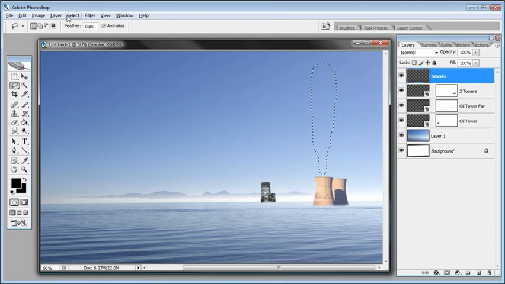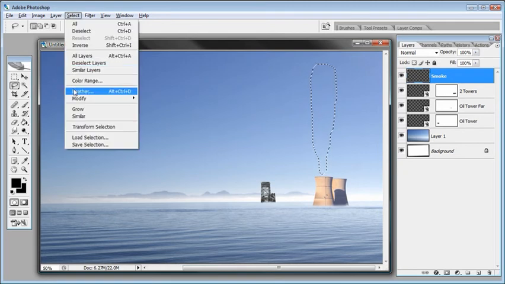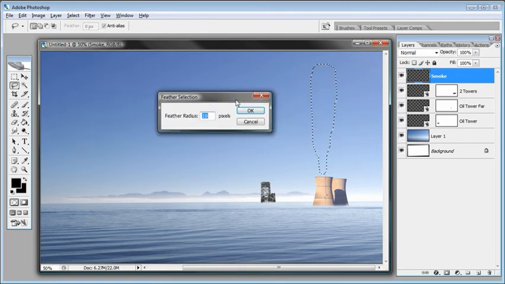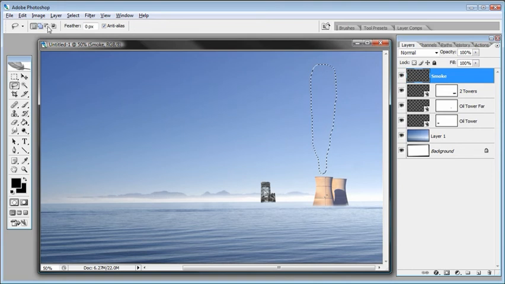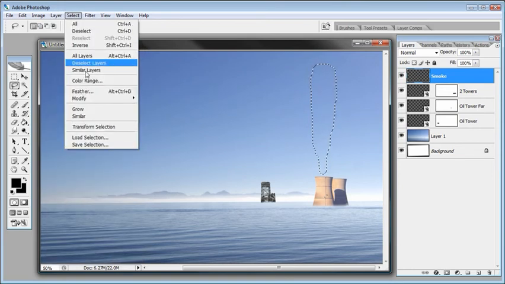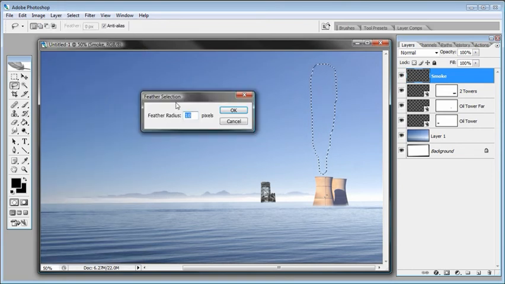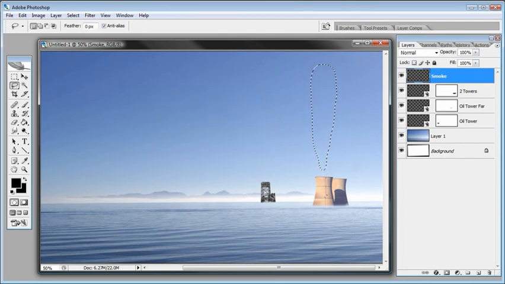And then what I can do is come over here to select, feather, and feather the selection that we've created. So anything that we do inside of that selection is going to be soft around the edges. So let's see, feather radius of about 10. I could probably undo that. I might be able to get away with something like 20. A feather radius of 20. There we go. And what we're going to do is apply a clouds filter inside the selection to create the